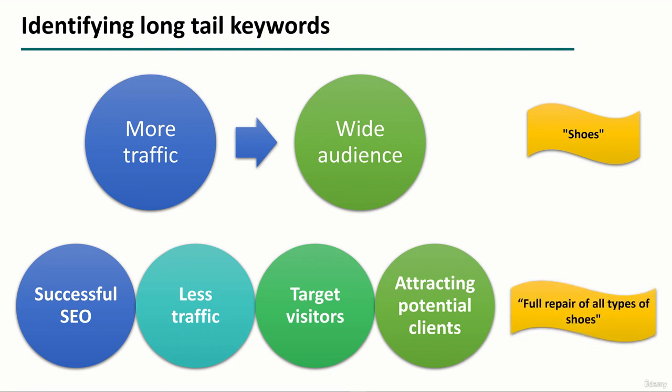Consider this, for example. You have a shoe repair company. What is the right query that you will drive targeted traffic from potential customers? Shoes or complete repair of all types of shoes? Obviously, the visitor who is looking for repair, etc., is already in explore mode. He's trying to either find out more about repairing or find someone who will repair shoes, and that could be you. SEO optimization of the page for the query shoes also has some value, but there is no doubt that this keyword is aimed at a much wider audience which may not be interested in your services.